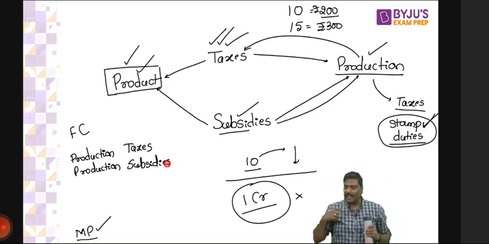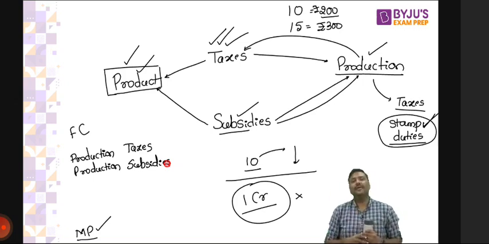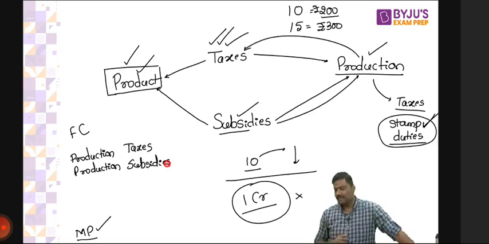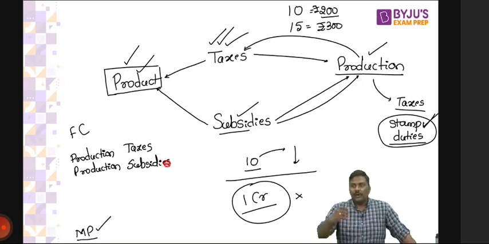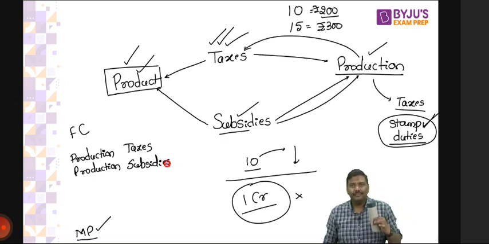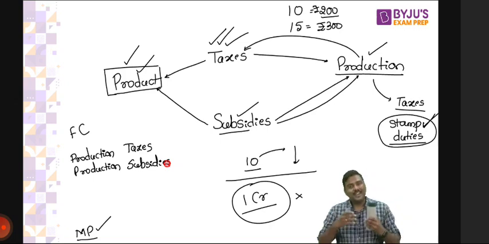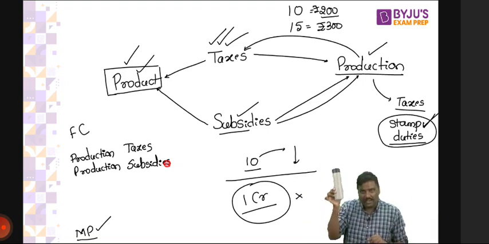Don't tell me what I've told in the past. Focus on this, my dear. You should include it. I'll tell you why. Why did you pay stamp duties? You paid stamp duties because you purchased land. For what purpose did you purchase the land? For manufacturing of the bottle. Who is using the bottle? Is it the manufacturer or is it the consumer? Consumer. So is it okay if I say any cost incurred for the bottle should be paid by the customer?